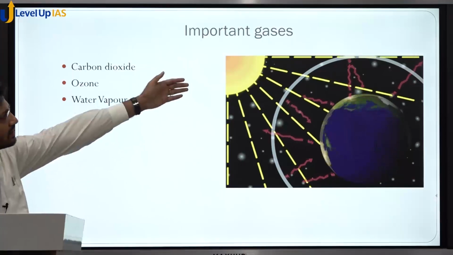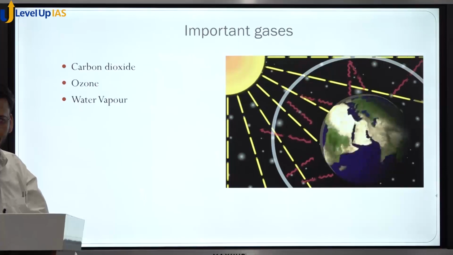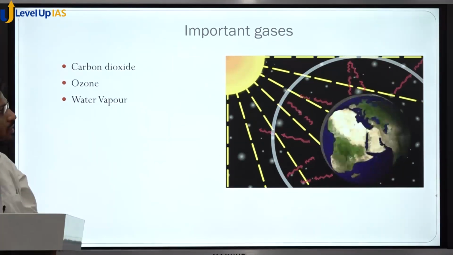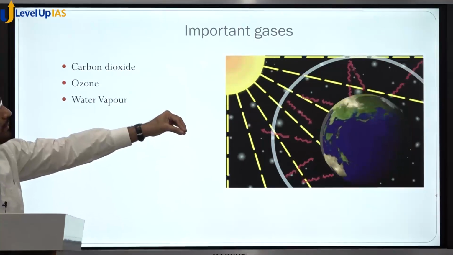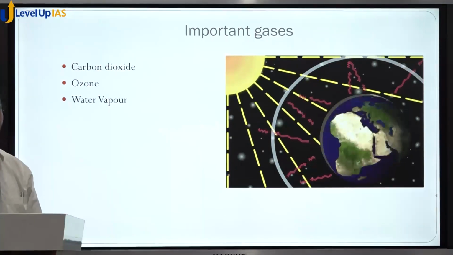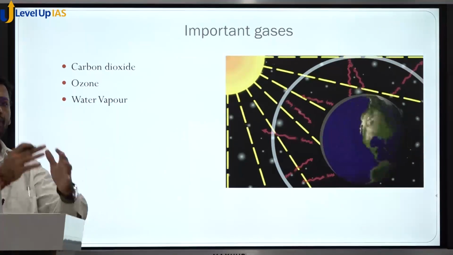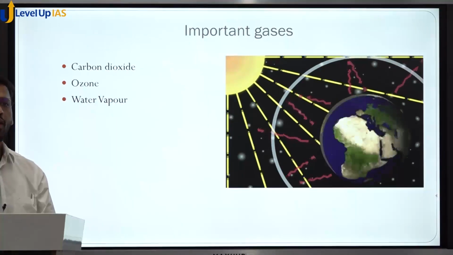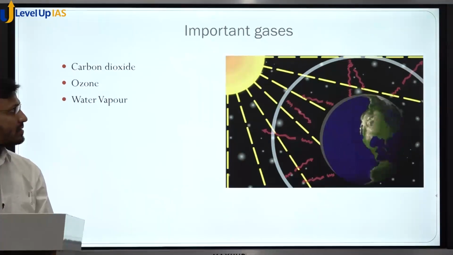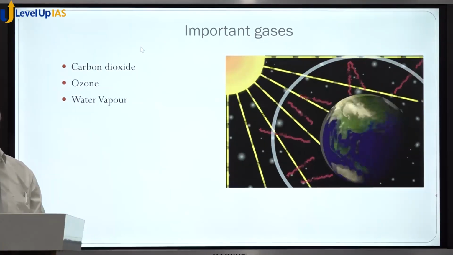Okay, so you can see how this is a layer of greenhouse gases over here. They are transparent to the sun rays. But the red color rays that you are seeing, which are emitted by the earth, are long wave earth radiation. They are absorbing that radiation. Because of that, our atmosphere remains warm. Whatever warmness that we feel is because of these greenhouse gases. Okay, so these are some important greenhouse gases. Water vapor also acts as a greenhouse gas.